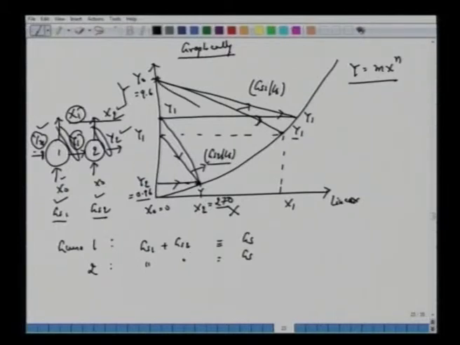Choose another guess here. This is y1 again. This y1 is in equilibrium with x1. This is also with x1, a new value of x1. So we know now the new y1. Once this y1 is known, we connect with this, and we have now different values of GS2. So one has to make this guess here and see which one gives you the best or minimum amount of GS min. And if you do this exercise graphically as well, you have to take several of these, and you must be able to convince yourself that you are getting the same numbers.